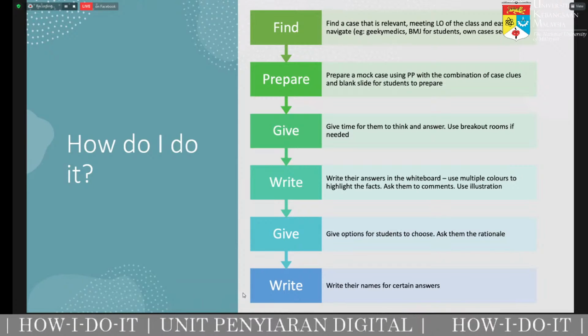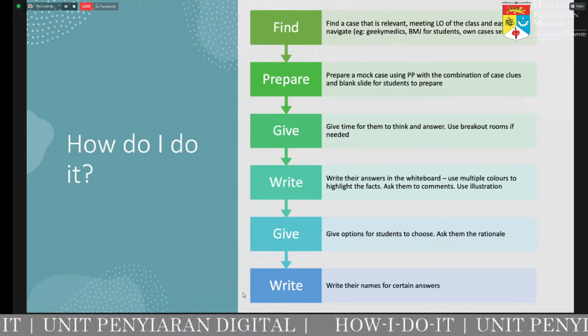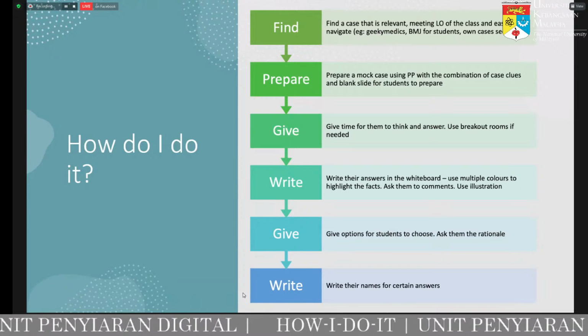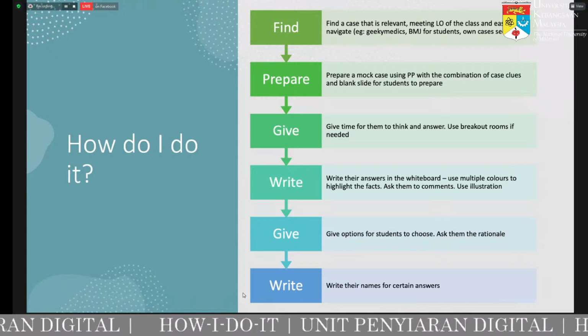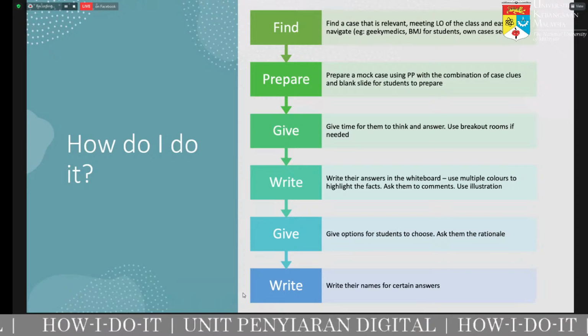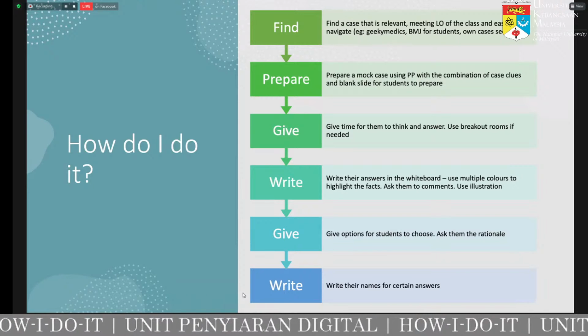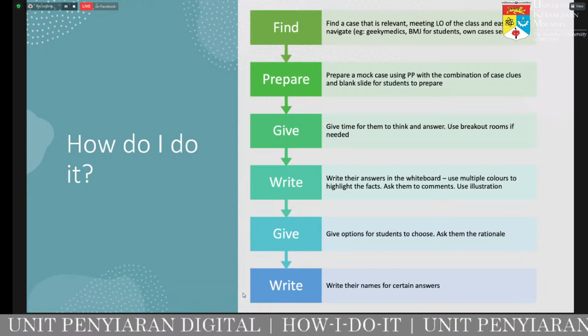So just have a look. You can see, can you hear? Yes. So these are the cases, but